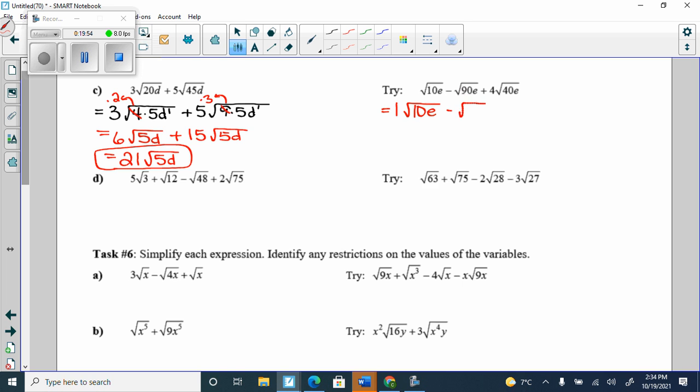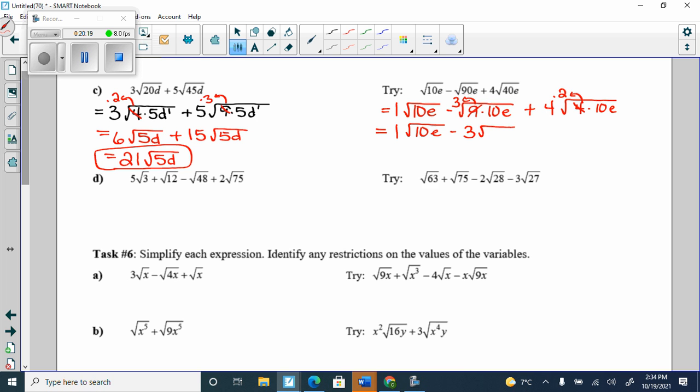90, what can I break that down into? 10 and 9. Yeah, 9 times 10 and then an E. The 9 comes out and becomes a 3. Plus 4 root 40. You do 4 times 10 and then E. The 4 comes out and it becomes a 2. What do you do when there's two numbers? Multiply. So we get 1 root 10E